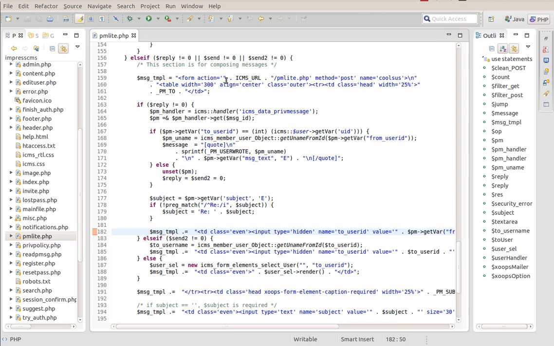If we take a look at it here, you'll see that we are working in the private messaging file, and again this section is for composing the messages. And we start off with the form. We've got a table and a cell with the label of 2 in it. Well, let's just kind of look at what the form looks like in the actual